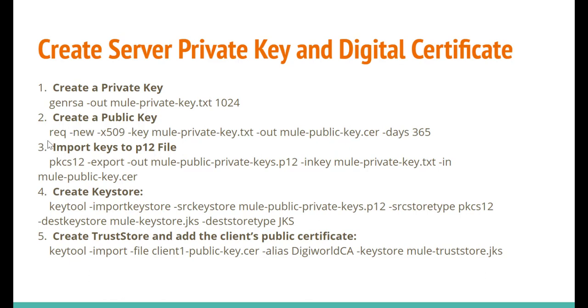Once the private key is generated, a public key is created using that particular private key, and by doing this a key pair is generated. That means the private key and public key are bound together and they form a key pair. As you can see, the private key is basically a .txt file, whereas the public key is basically a .cer file. Once the public key is created, a CSR, that means the certificate signing request, is raised to the CA, and that CSR contains the public key of the server.